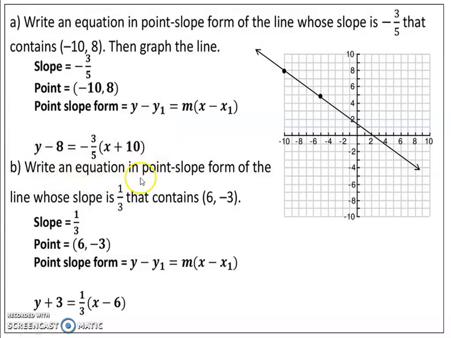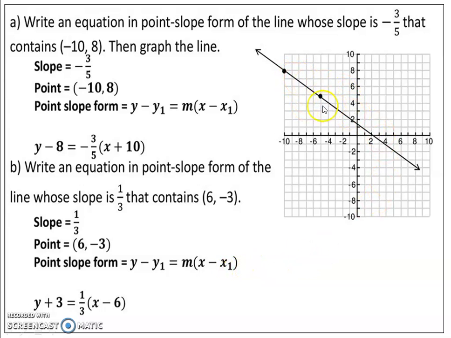Second one, write an equation of the line in point slope form whose slope is 1 upon 3 and that contains 6, minus 3. Slope is what? m is equal to 1 upon 3, the point is 6 comma minus 3. x1 is 6, y1 is minus 3. We have point slope form y minus y1 is equal to m in bracket x minus x1. We put y1 equal to minus 3 and x1 equal to 6 in this equation: y plus 3 is equal to 1 upon 3 (x minus 6) is the required equation, and the graph is